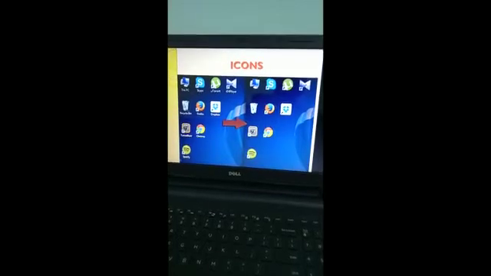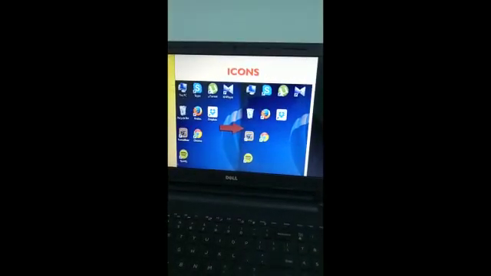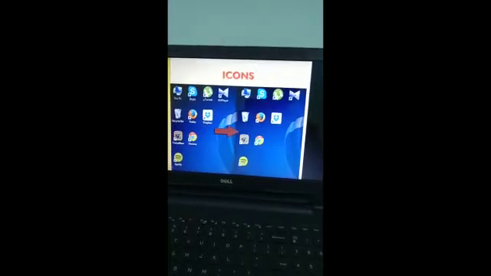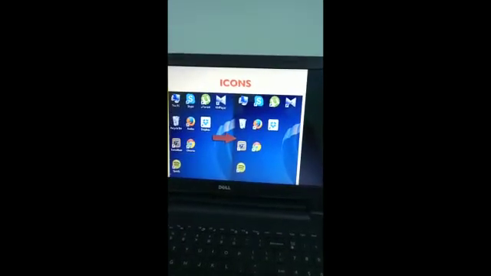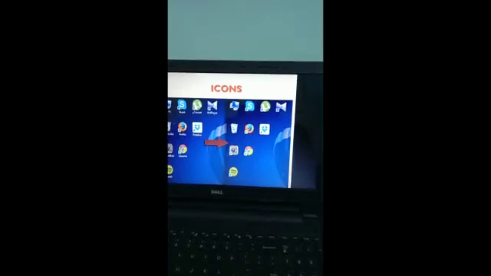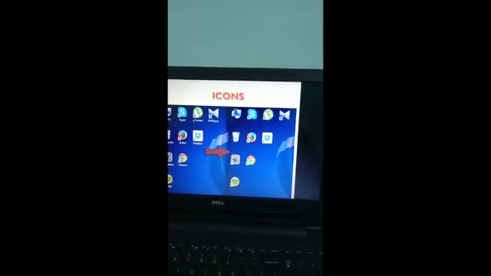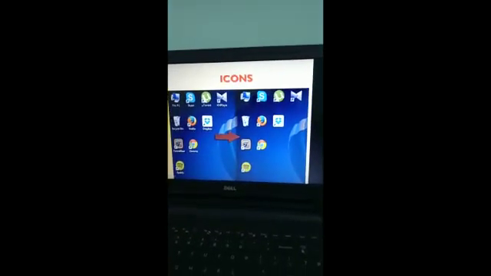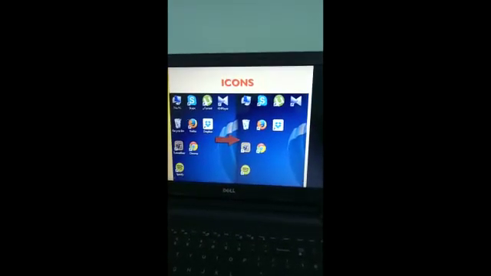Icons are the small labeled pictures or symbols present on the desktop. These icons are used to open specific programs or documents.